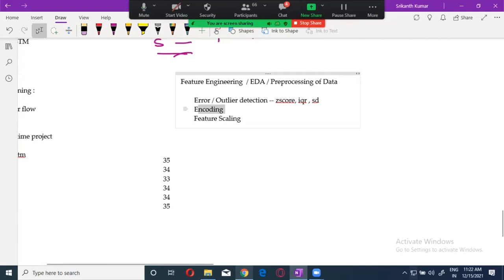Now, encoding is nothing but converting non-numerical data into numerical data. Why do you have to do that? Because your machine learning model understands only and only numerical data. If you have any non-numerical data, you have to convert it. There's no other way. There are different techniques: one hot encoding, label encoding, vectorization. Again, if you know it, it will be easy. If you don't know it,